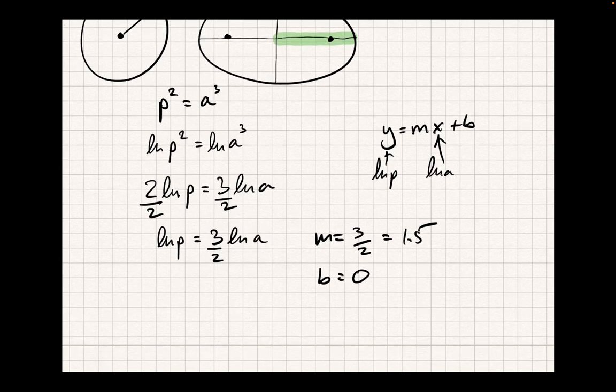If this is a perfect relationship, or if our data matched absolutely perfectly, what should I have as my linear regression? 1.5 x plus what's b? Plus 0. Even if I choose to write plus 0,